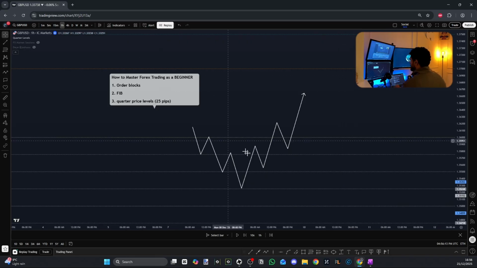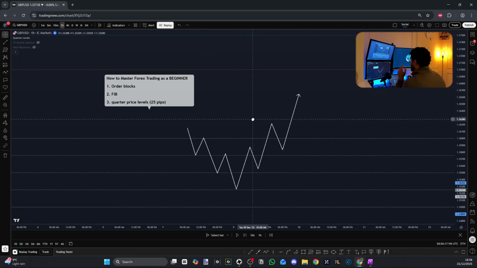And yeah, so say this is the current market condition we're in on the charts, and we've got an order block. Say our order block is about here. I'll just put OB here. All right, and then price has come into this order block, which is in line with a quarter price level, which is dictated by this horizontal line